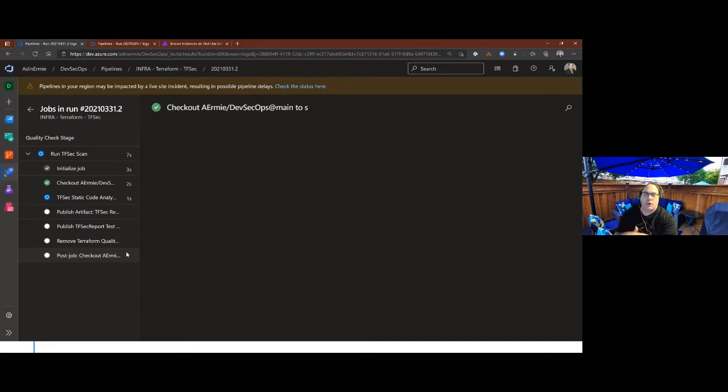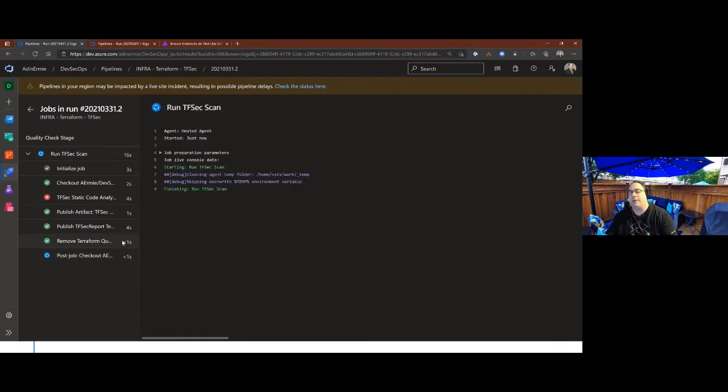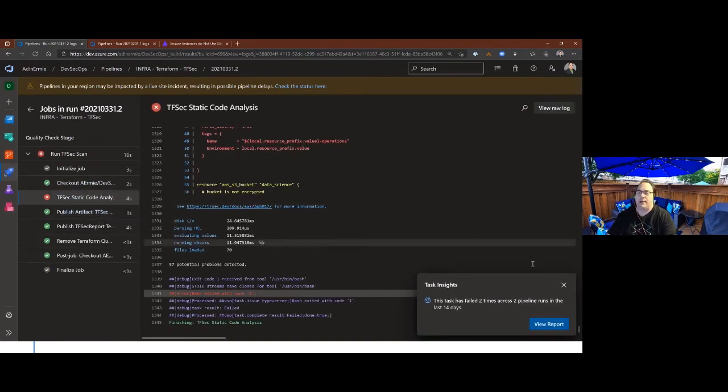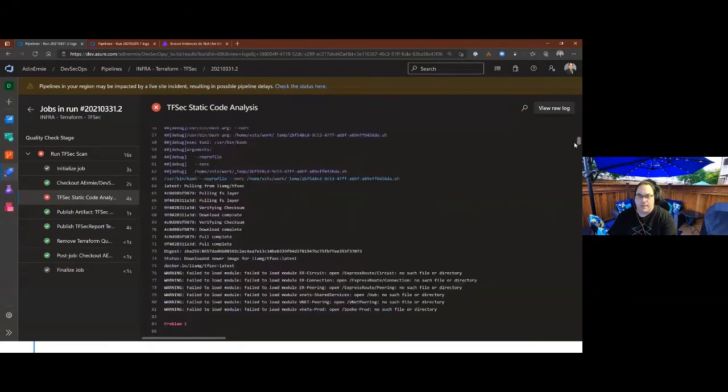Not required, of course, because we're going to take those results and push them into the pipeline test results anyway. But if someone wanted to watch the pipeline execute itself, it makes it a little bit nicer. So again, I'm going to jump all the way to the top real quick here.